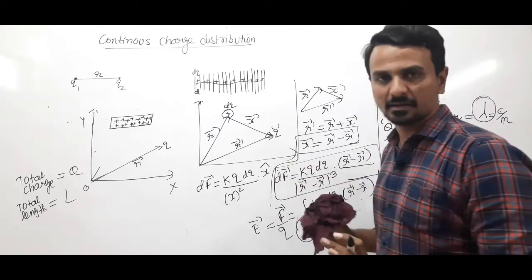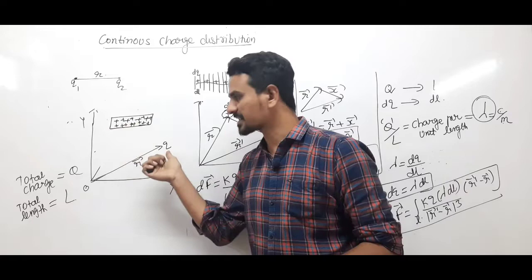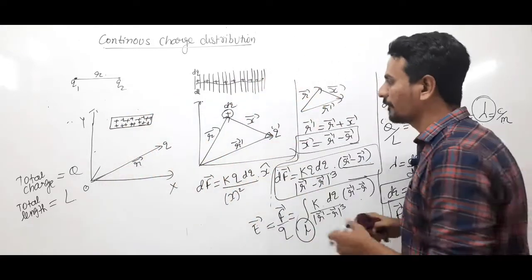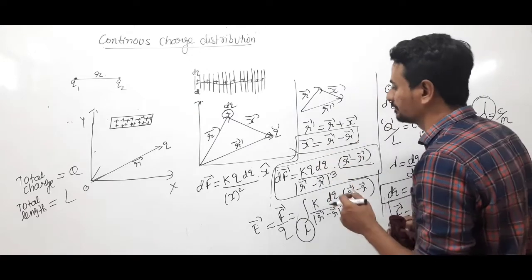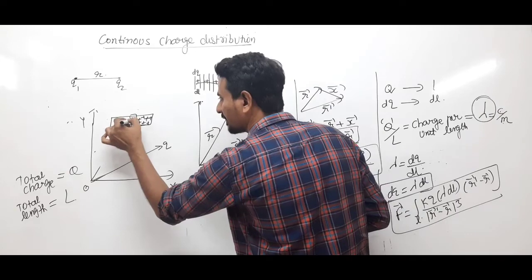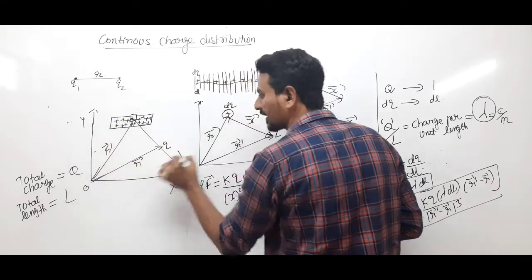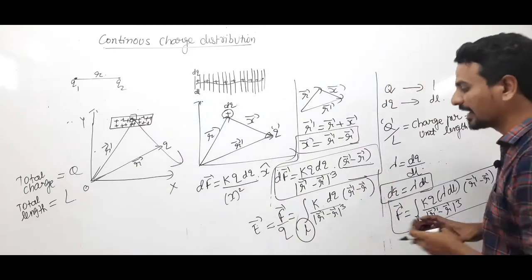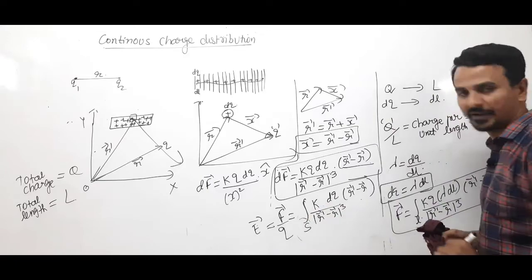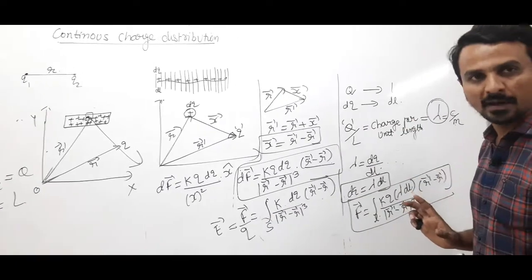We'll use the same method. We'll consider a charge dq and calculate the force acting on this charge q because of this dq, and then we'll integrate, but make a few minor changes. Again we'll use the same concept. Let us take this charge as dq, let this be the position vector r', this is the force acting, and then we'll integrate. But now integration is over the area, so we'll place the surface area, and we'll make a few changes over here. The remaining things will be the same.